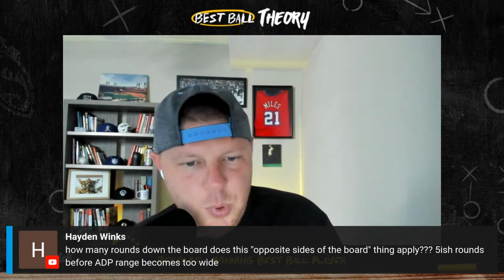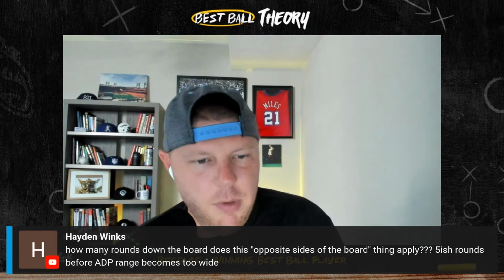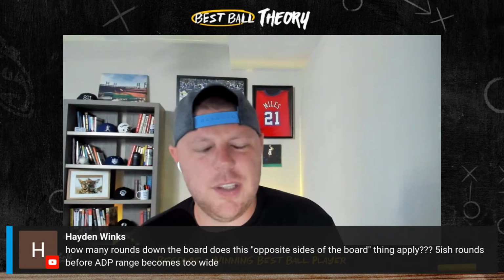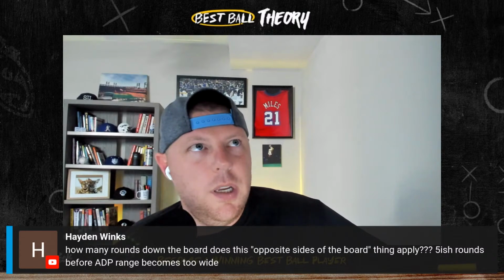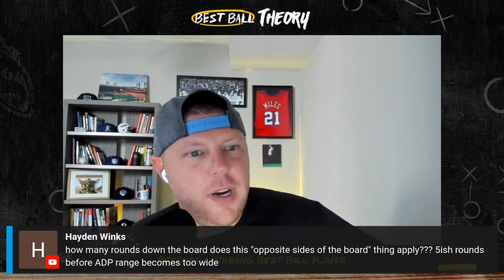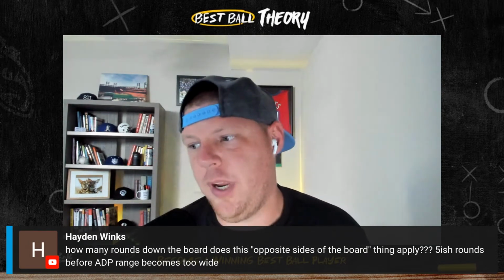How many rounds down the board does this opposite sides of the board thing apply? Five-ish rounds before the ADP range becomes too wide. Yeah, that's a good question. I don't have a... It actually happens fairly quick, I think. To your point, to Hayden's point, I think